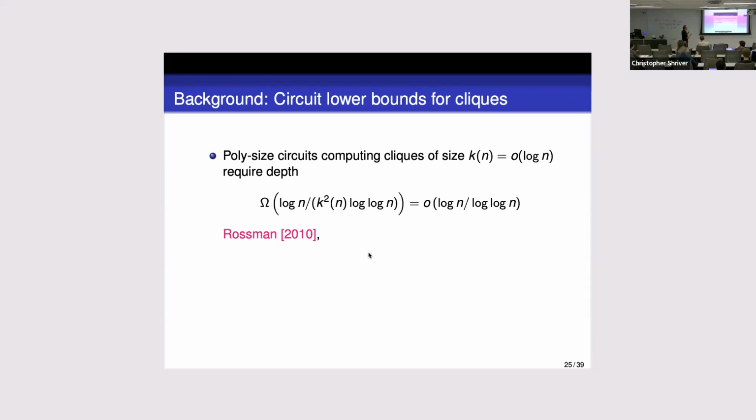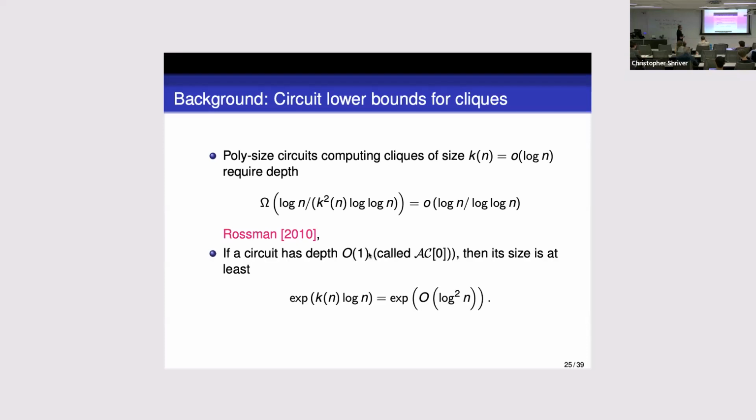It just says that poly-size circuits computing cliques have depth, which is nearly what you get from parity, just a little smaller. Log n divided by log n, then there is a growing factor here. That factor is the size of the clique or independent set that you look at. All right. And that's the state-of-the-art result by Rossman, and it was quite justifiably a breakthrough, a very important result. Okay, and we'll come back to that.